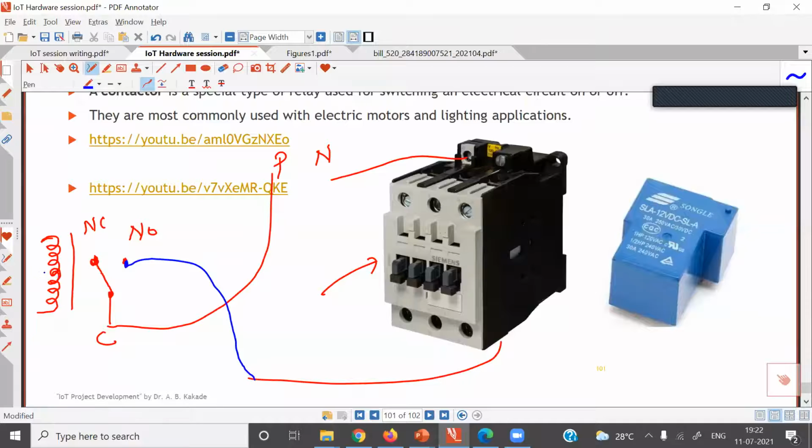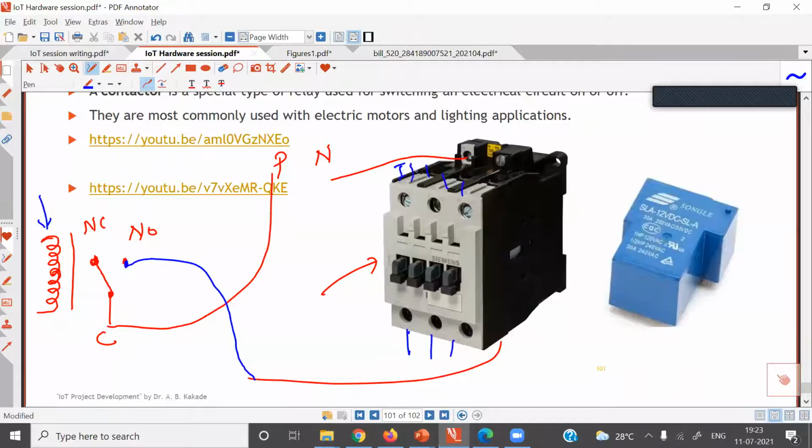So when this small relay is switched on, you require the small relay to operate this contactor. Small relay is a must here. With the help of the small relay, you make this contactor on and off. And a three-phase load or maybe a single phase load, you can connect on the input and output terminals here. So you have here three input connections, and on the lower side, you have three output connections.